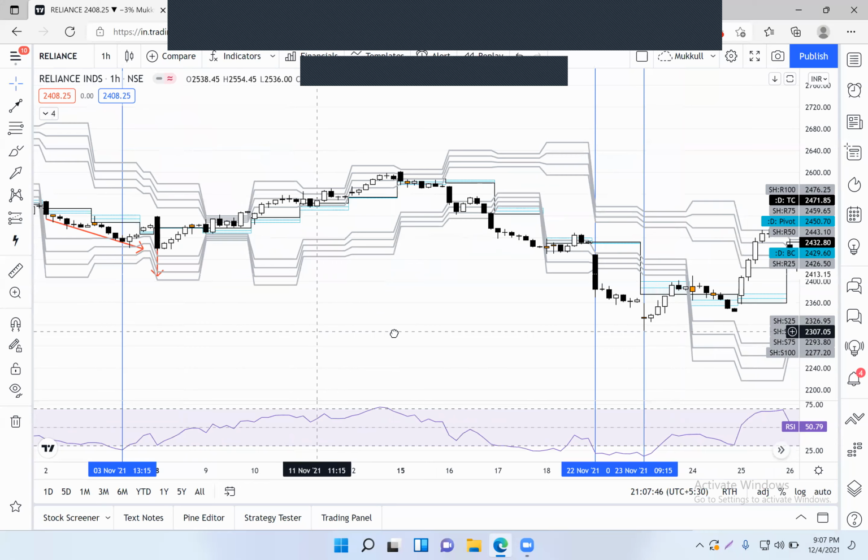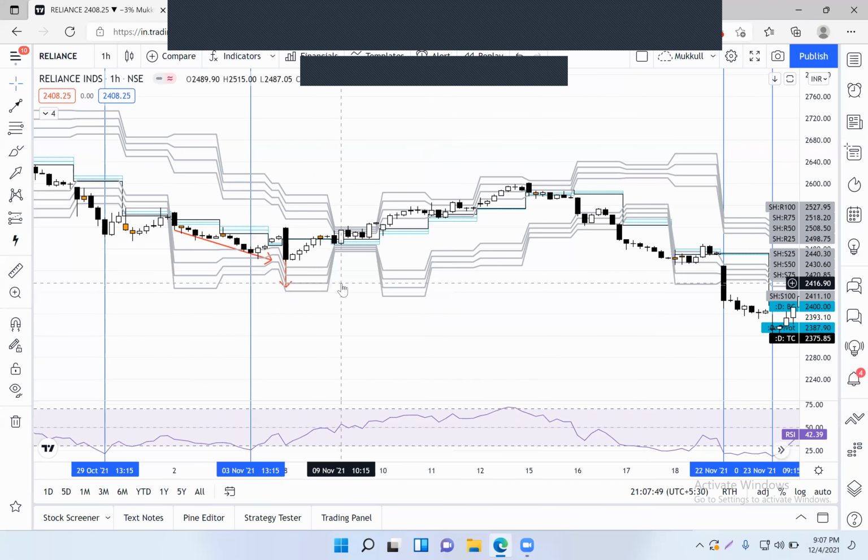What you will do, you will only wait for an entry at S75 or S50, whichever is showing your entry. How you will take an entry? That is the basic third rule. You will spot for any dojis, hammers, engulfing candles. Correct? अभी इधर जो setup बन नहीं रहा है, I am just telling you by an example. Correct? So इधर अगर ऐसा कुछ हो रहा है, थर्ड डे या करंट डे,